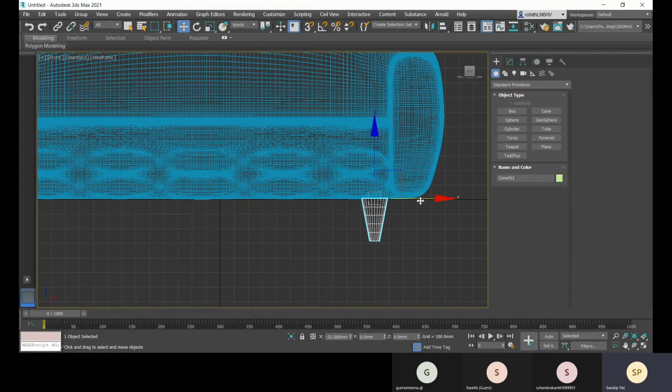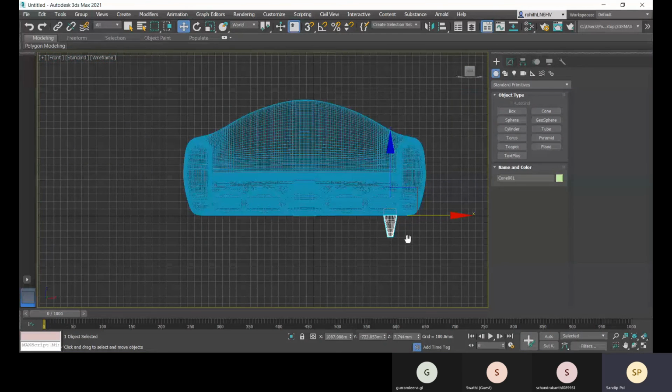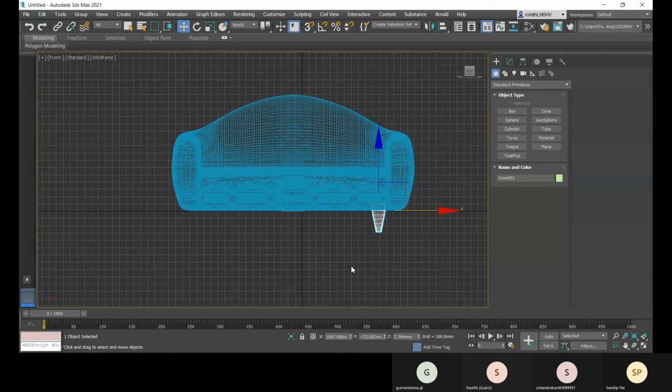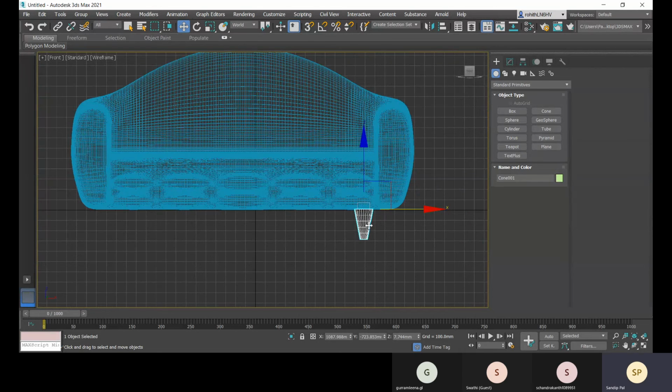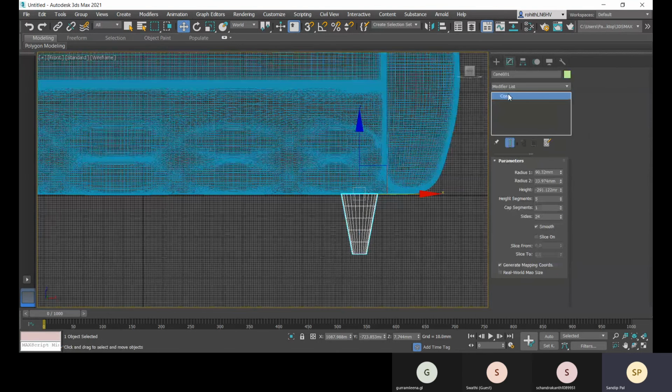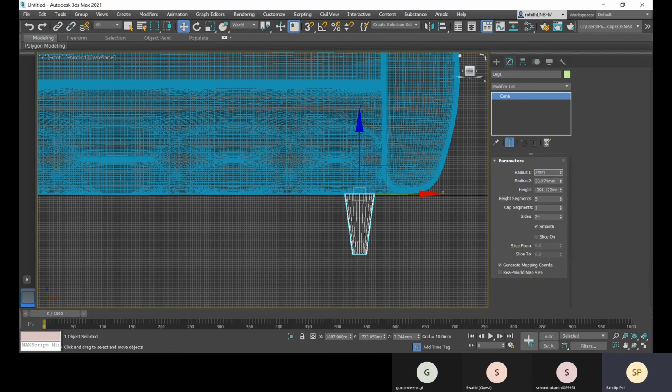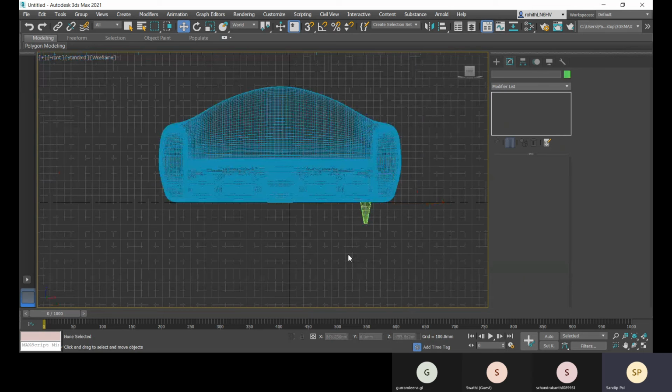Let's place it here. Okay, and it will be a little less. Come to the modify option. About the radius, let me change it to 75. And about this radius, let me change it to 25. Okay, so that is placed here.